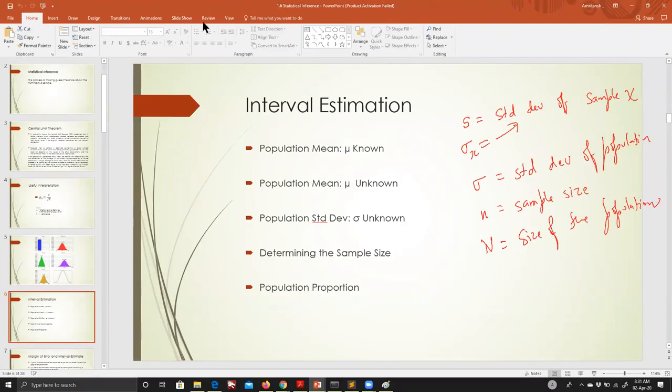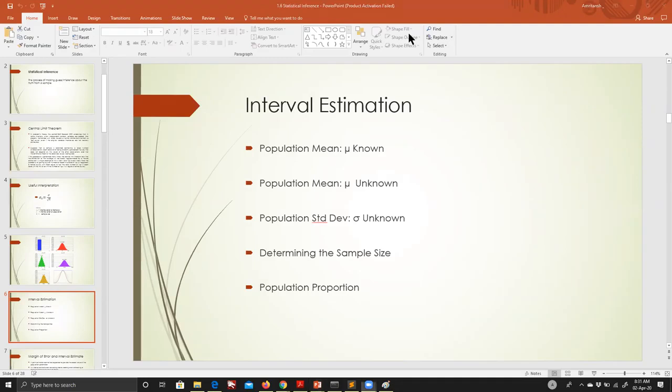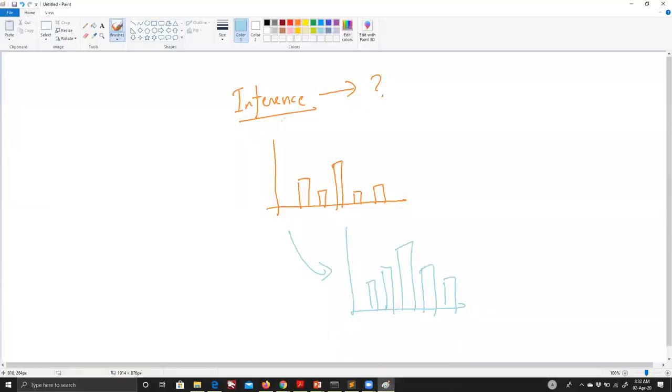Okay, so now we are going to go towards the statistical inference idea. We established the basics of CLT. Now, in interval estimation, what is the interval? Let's first define the interval. What is an interval, guys? Anyone? The distance between 2 points. Distance between 2 points, okay.